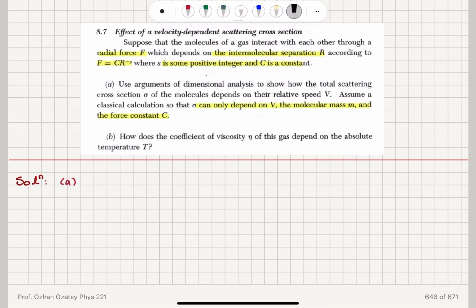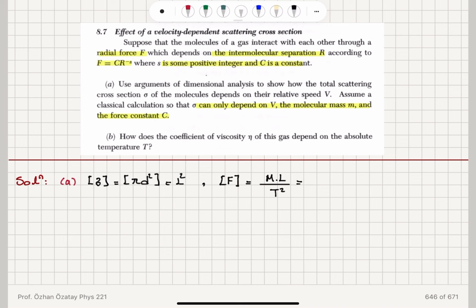Okay, the total scattering cross-section sigma, dimension-wise, is the dimension of pi d squared, which is length squared. Now, the dimension of the force F, the force that depends on the intermolecular separation, is mass times acceleration, which is mass m, length L divided by time squared. So this is coming from Newton's second law. And that, according to this